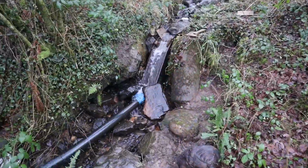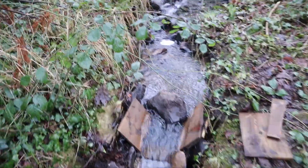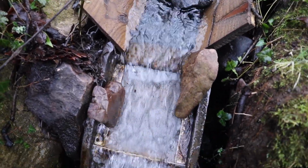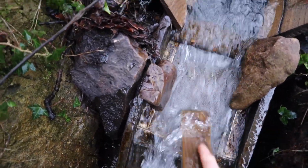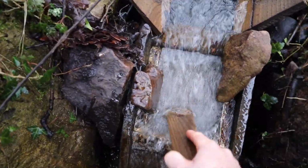Well, some mornings it really depends on how much it's raining, how much flow there is. More flow, blocked up quicker. So walk up there and have a look. Right, up at the intake. I found that if I put this rock here, it sort of disturbs the water and it doesn't get blocked up. So this has been a couple of days. We'll just give it a little bit of a scrape. But it seems to